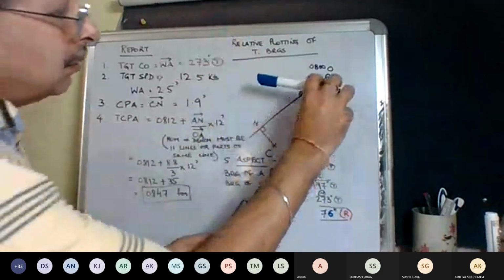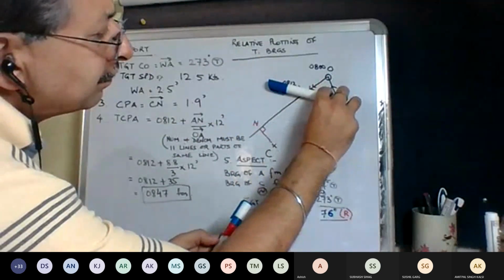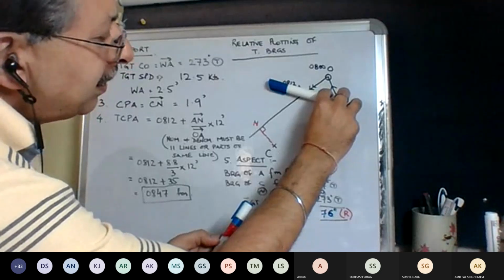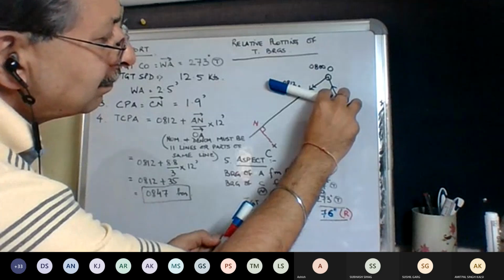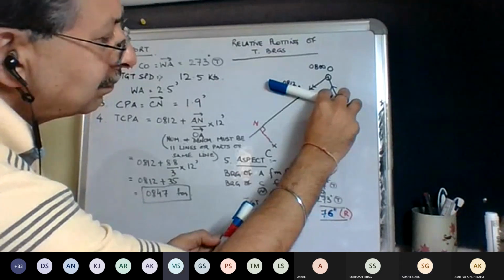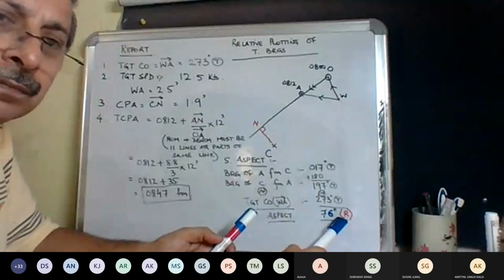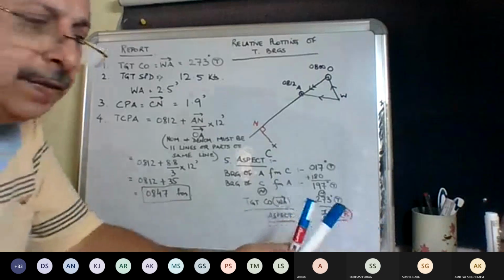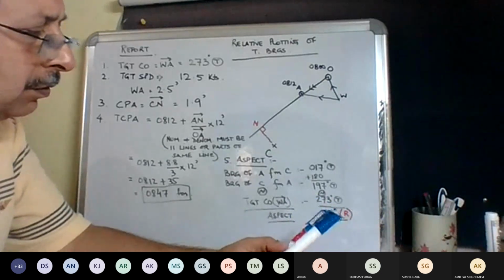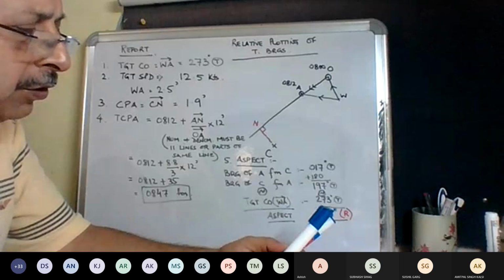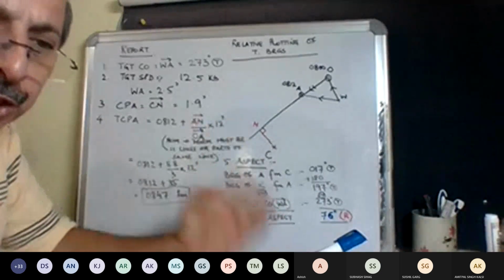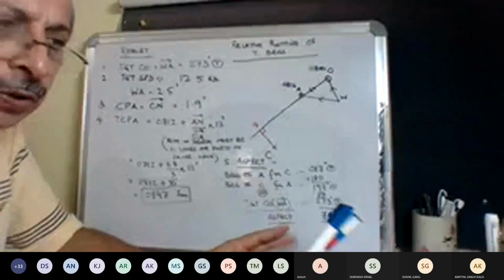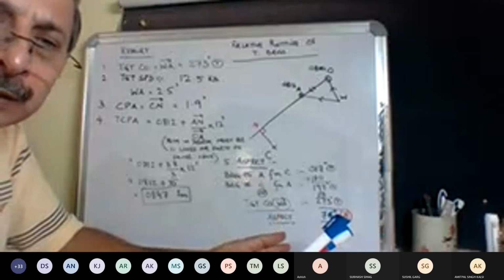The second way is to put yourself on the bridge of the target. Go on the bridge of the target. On which side does your own ship lie? Port side. Port side. Correct. So there are two ways of nomenclature for aspect. One is put yourself on your own ship. Second is put yourself on the target's bridge. Both will give you the same answer. Depends which one you are more comfortable with.